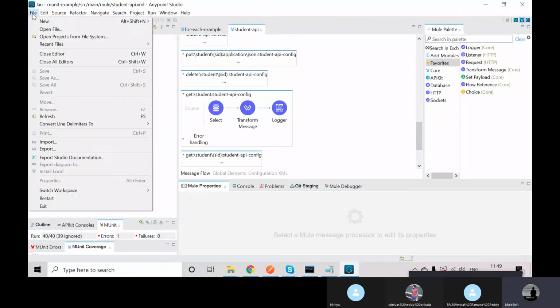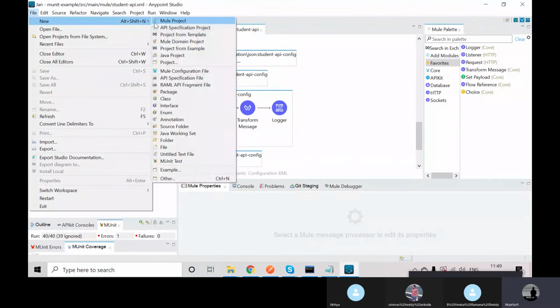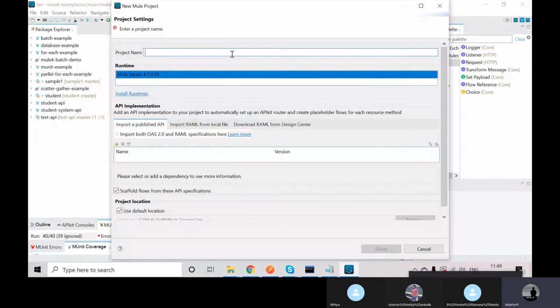I'll create one new application. Please follow me very quickly. I'll show you one different thing. In this scopes example I'll show you three scopes.